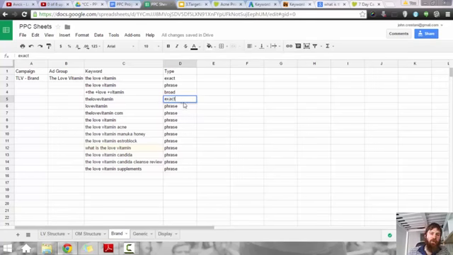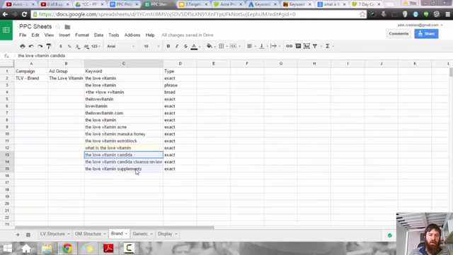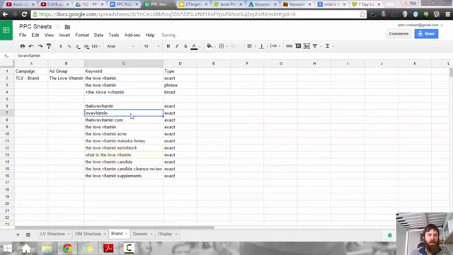I sometimes go back and forth about whether I want these in phrase or broad. You can test it out for yourself. But this is pretty good. And we can actually, if we want, put these all in exact match and let it go like that. Some of these aren't going to get very many phrase match search terms. But keep in mind, the Love Vitamin, in broad, is going to get a lot of the search volume right there. What I'm going to do is also put Love Vitamin, one word, in phrase,